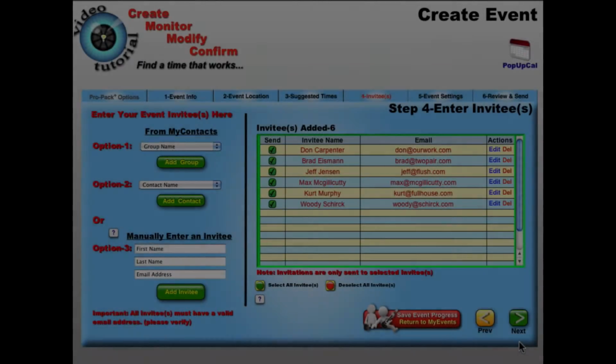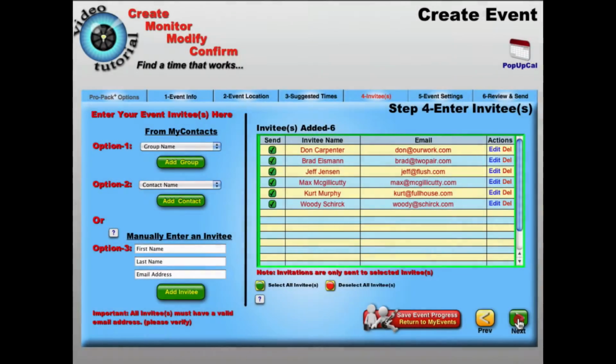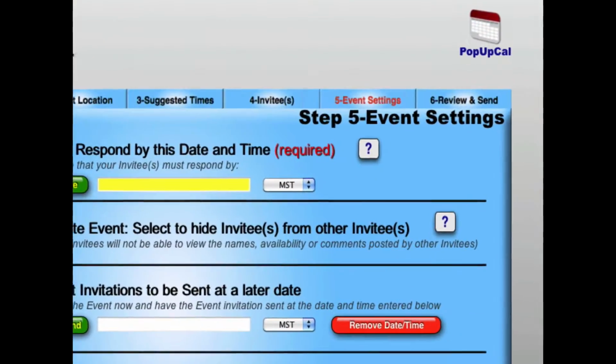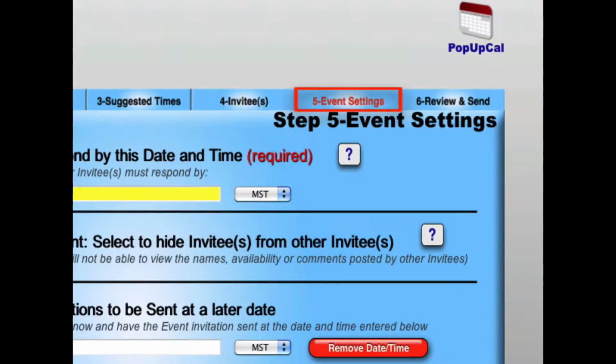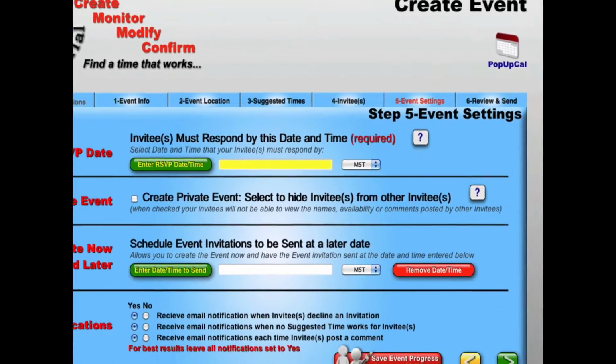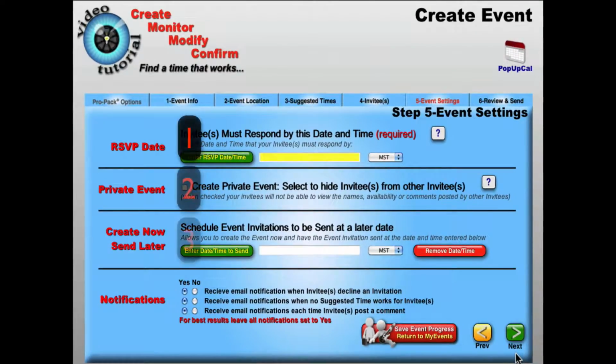Welcome. In this tutorial, we'll be reviewing the fifth tab in the standard event creation process, labeled Event Settings. The Event Settings tab is used to control event notifications that affect both you and your guests. We'll be covering all four sections in this tutorial,